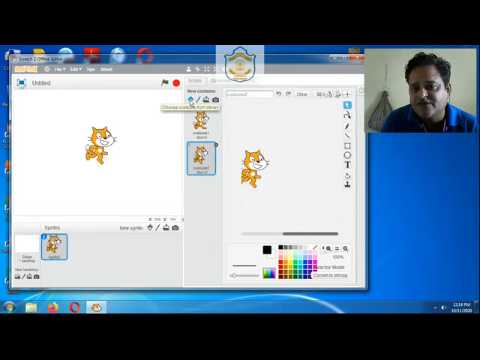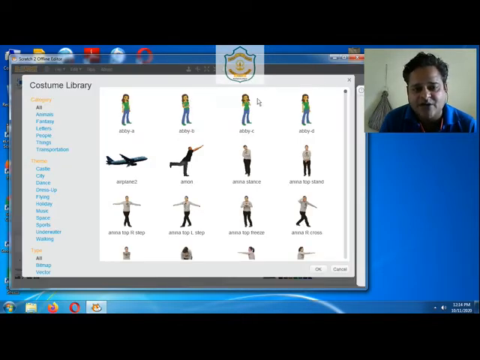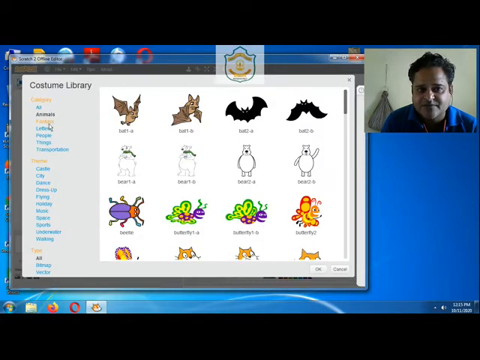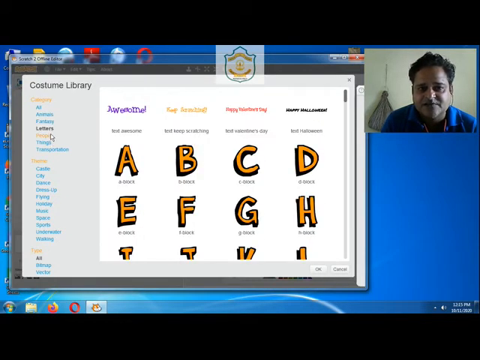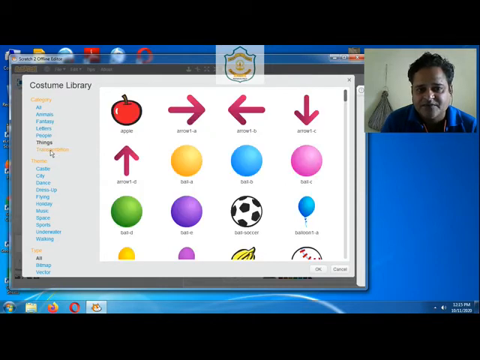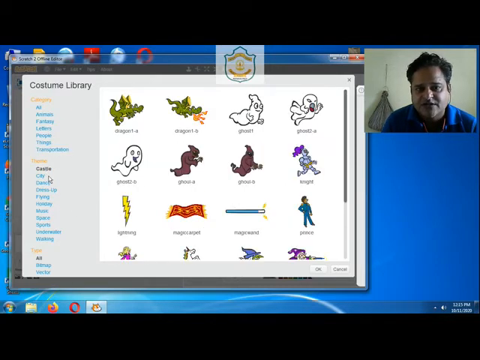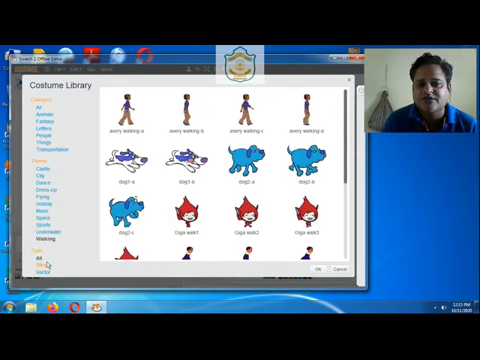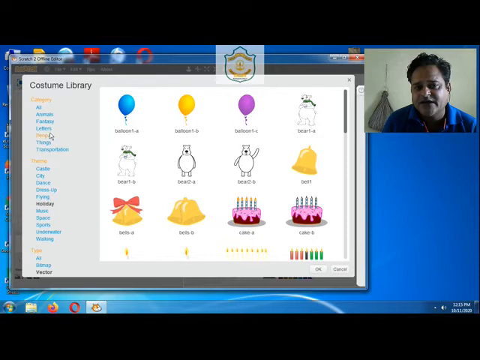This one is choose from the library. Scratch already has a number of sprite options. You can see there are several available category wise, like animals, fantasy, letters, people, things, transportation, based on themes. So as per your requirement, you can select any type of sprite.